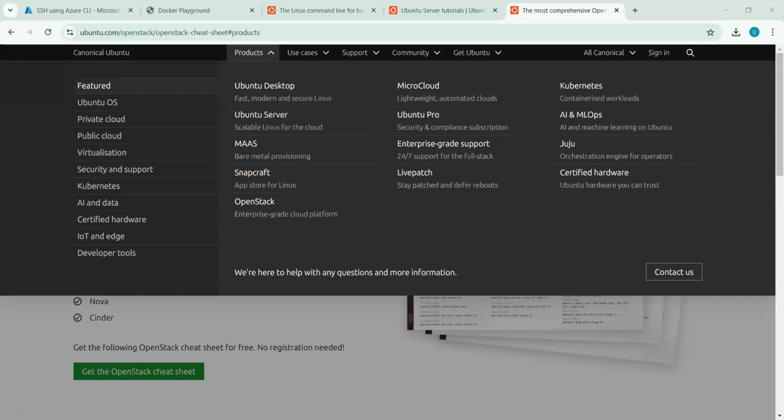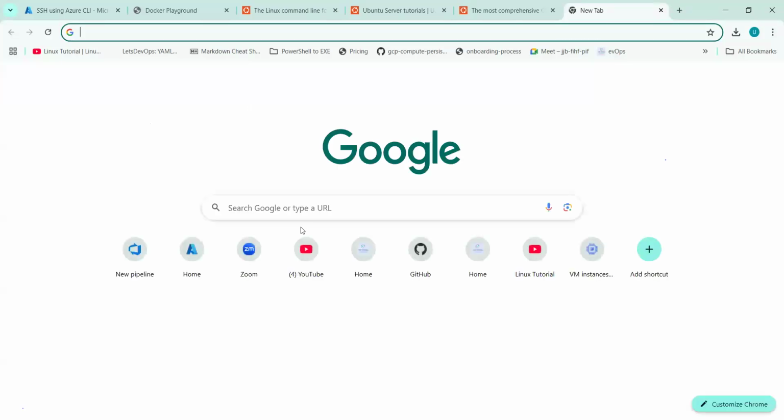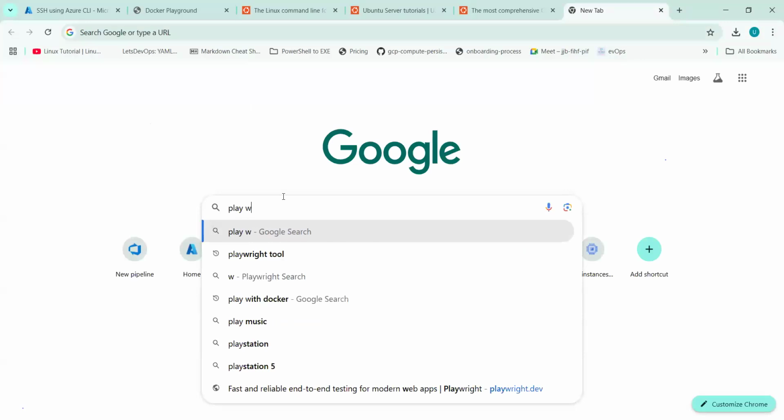Yes, Nanish was asking, you can use Play with Docker, and you just need a Gmail account for that. I have shared the URL in the chat box. You can go with that. Let me share it again. What you need to do is Google and just type Play with Docker. That's it.